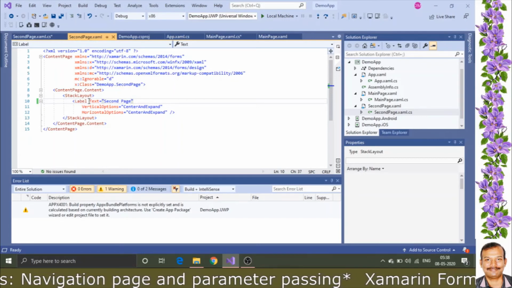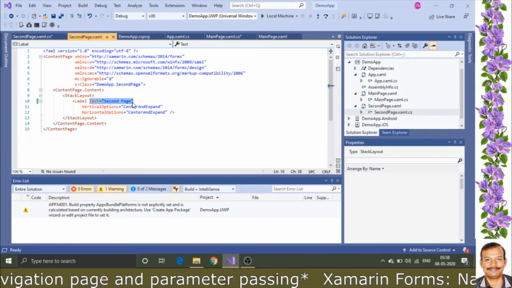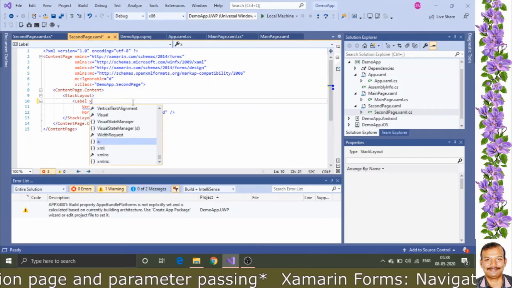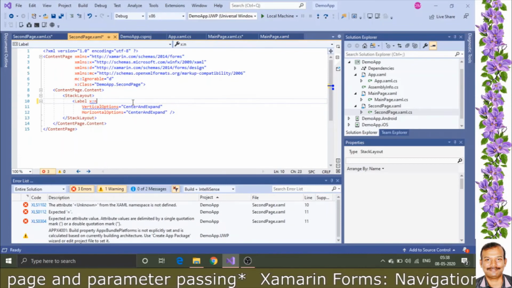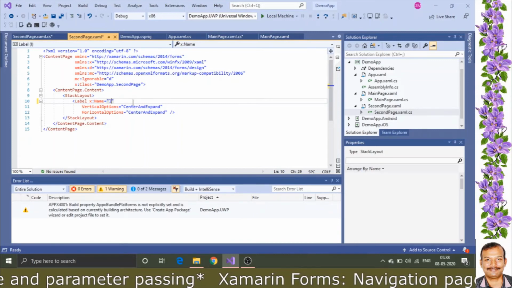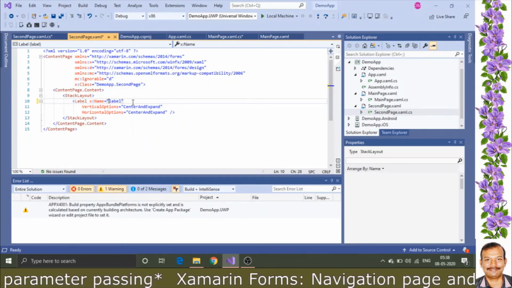So here I am removing this particular text. Instead of the hard-coded text, we are going to give the value which we are getting from there. So I am giving this x dot name as value label.